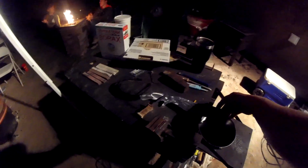Making an oak handle for this bad boy. For the mutant machete. And because my stupid ass